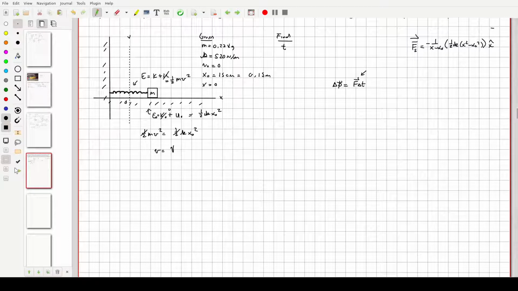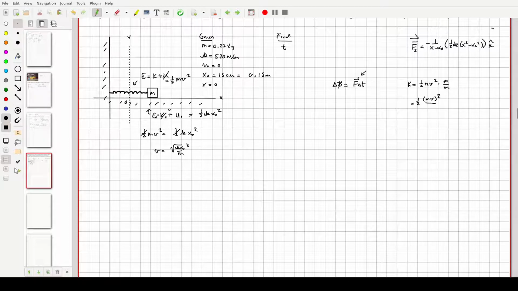The square root of k x naught squared over m. Okay, or you can do something else. All right, now, so what's this other thing? I'd like to point out the fact that kinetic energy looks like this: 1/2 mv squared. Now imagine taking your kinetic energy and multiplying it by 1 in the form of m over m. So if you do that, what you end up with is 1/2